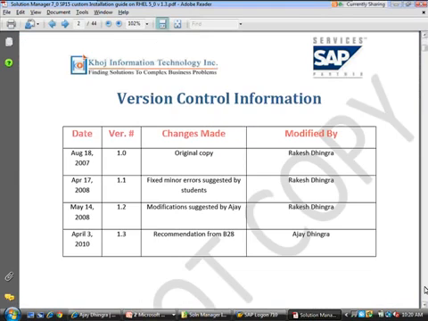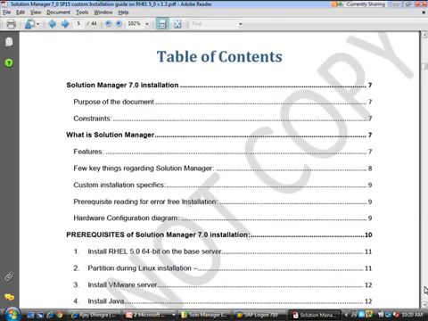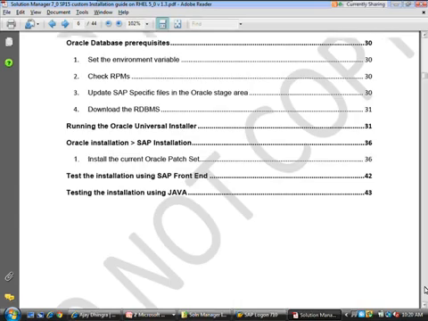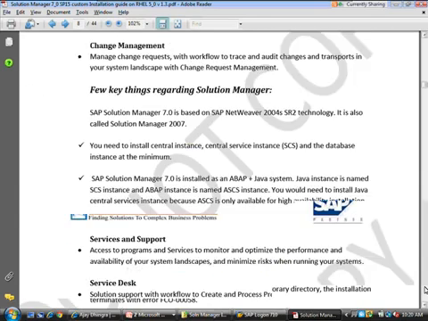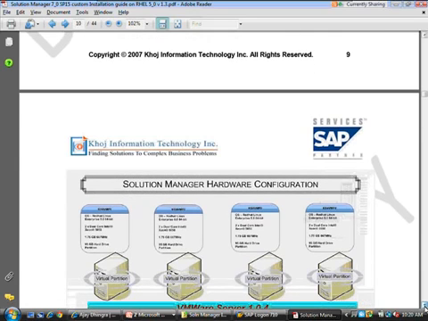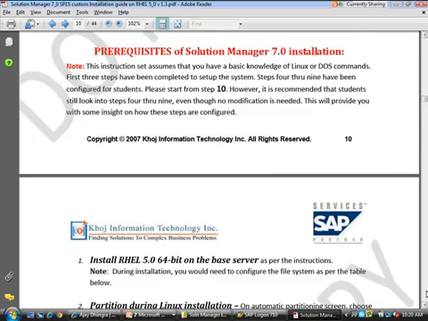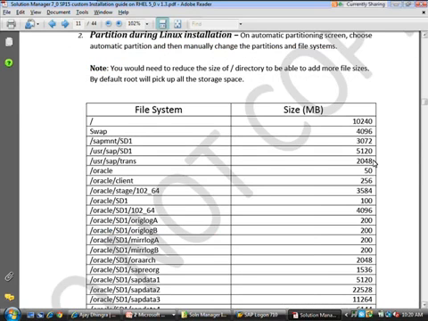Right, this is how the installation guide looks like. Very professionally built on how to do the installation of SAP. You will see that it explains the architecture. We do it on a Dell PowerEdge server. It has got multiple virtual machine partitions on it. You get assigned one partition, and that's what you do the installation on. How the file systems are set up, what are their sizes.